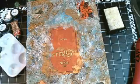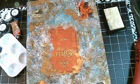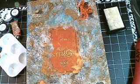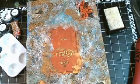Okay, so while that is drying, we will put a little bit of orange into this book, but this needs to be dry in order to do that. So before I turn on the heat gun again,